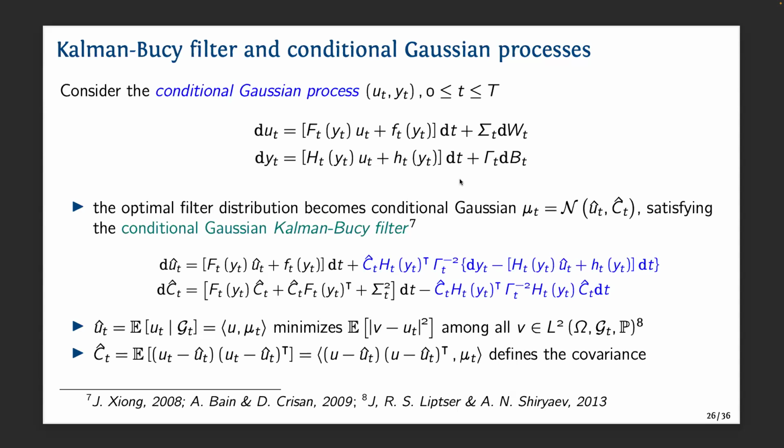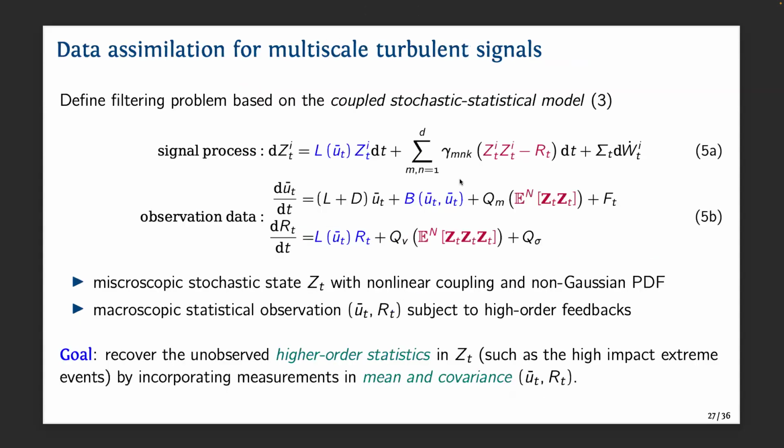So this is the equation, and what we want to do is still combine this with our system, right? So here we write it in this way. Z is a stochastic process that includes all the higher order moments of the non-Gaussian distribution. I will wrap up with these slides. And the statistics follow this, and this fits very well into the filtering framework. That is, if we can get some access to the observation, that is U bar and R, whether we can use the low order moment observations to recover the stochastic process. So that exactly fits into the filtering framework.